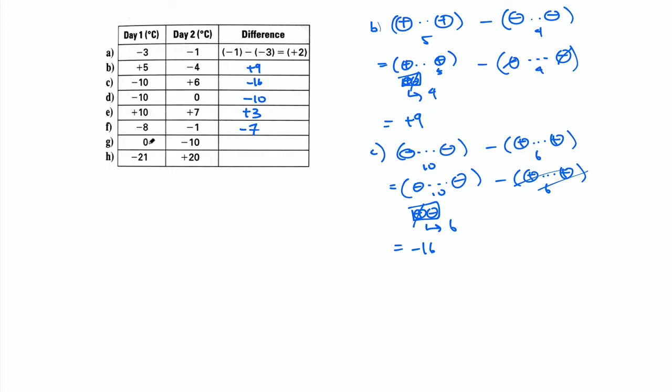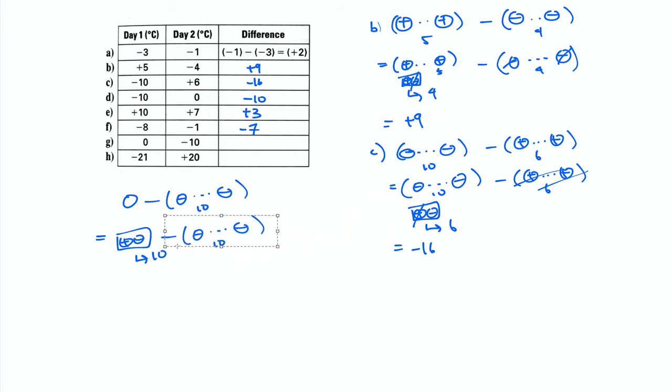For G, right, we start off with nothing, right? So we start up with nothing and we want to take away 10 negative counters. Okay, so there's 10 of these. Because there's nothing here, we need to add 10 0 counters. Right? So we need to add 10 of these. That way, when I take away 10 negative counters, I can take away 10 of them that we got from